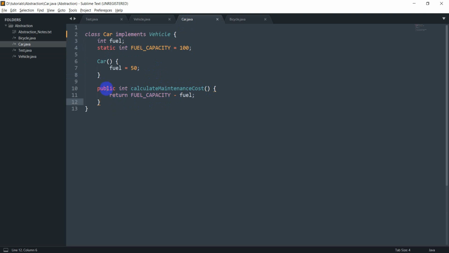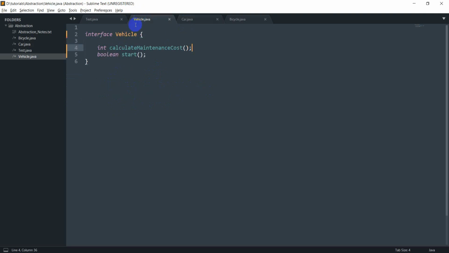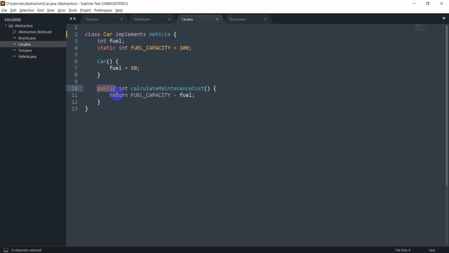And here I've got public int calculate maintenance cost, and I'm going to leave this method as it is. As you can see here, I need the public keyword here because in the case of interfaces, public is implicit. The access modifier of methods is implicit, but in the case of classes, it's not. So I would have to explicitly mention public here, and I'll have to have another method, a public boolean start,